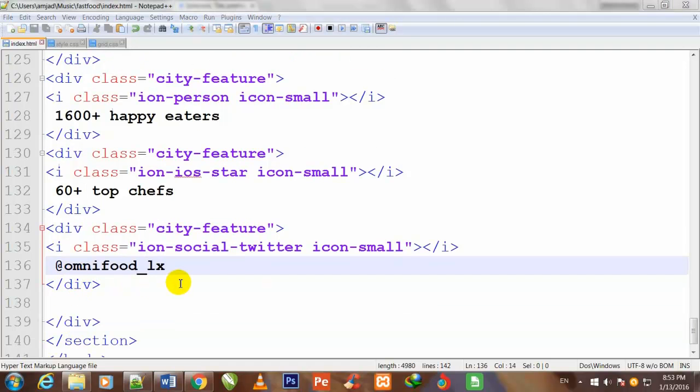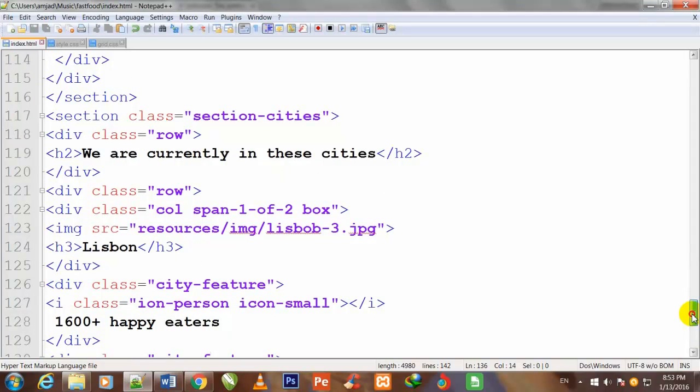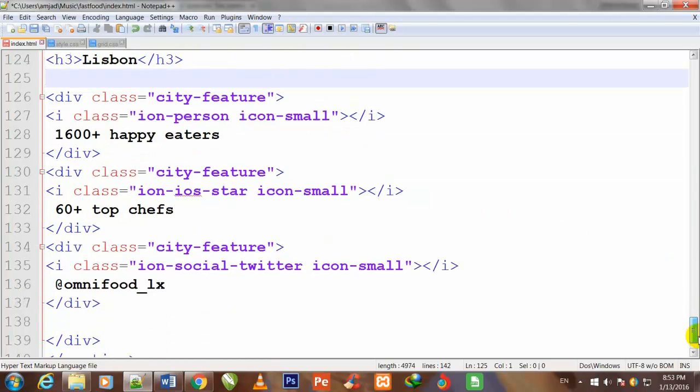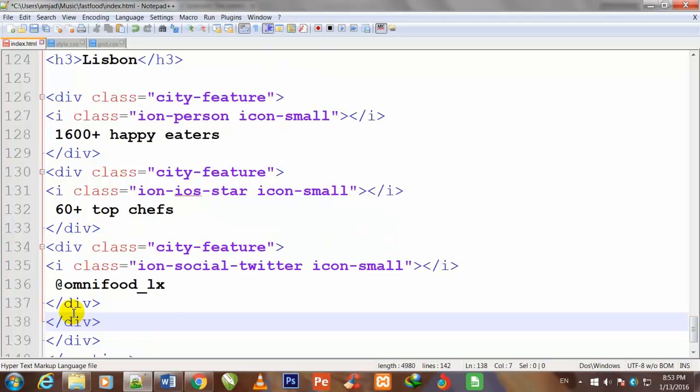I have written @omnifood underscore 1x, and I look at my code now. So friend, I also made one mistake, because the col span div should not be finished here, so I cut it, Control X, and pasted it right under this div, and Control S to save.